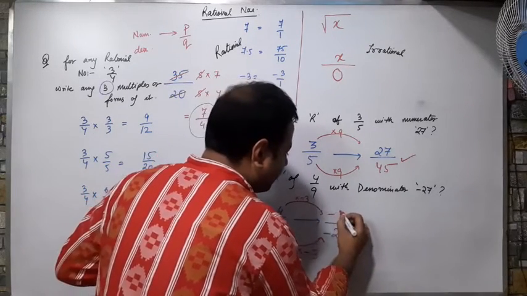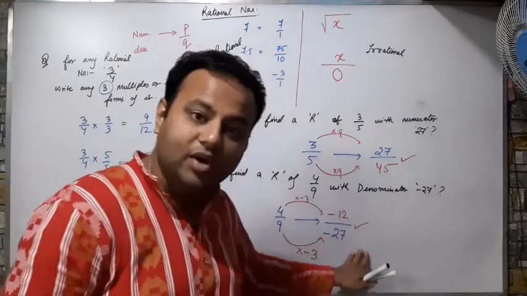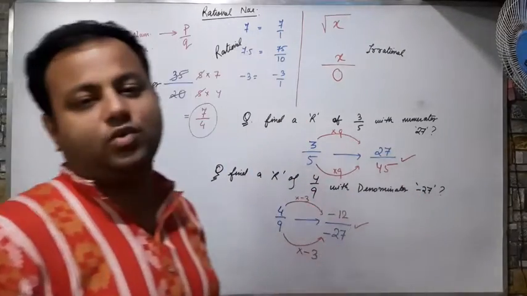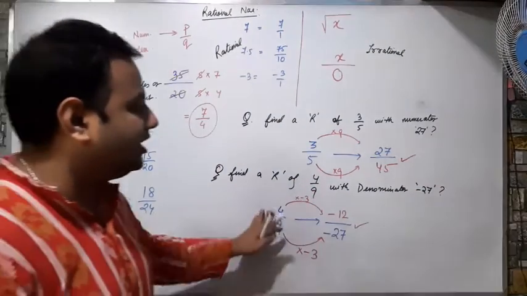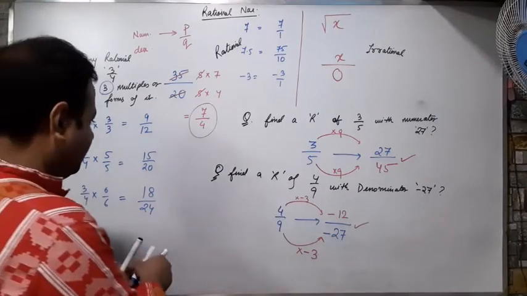What will I get? Minus 12. So this is my new rational number of the form 4 by 9 with denominator minus 27. Not only multiply, I can do some divisions also. Suppose you are given